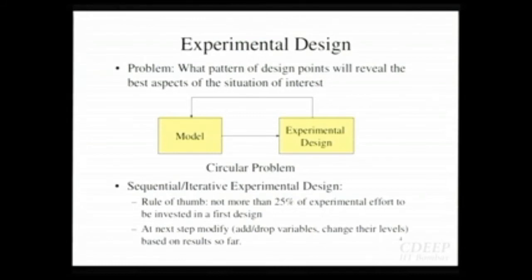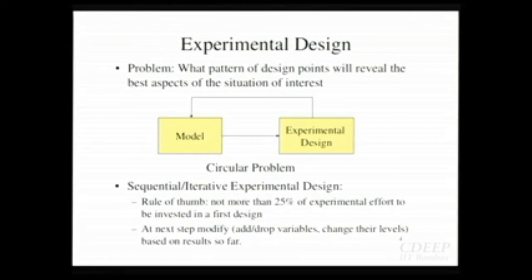So if I assume some model, I do some experiment, and based on that experimental data I fit some model, maybe I have to modify the model which I started with. I change the model, and again with that changed model I have to generate additional data and keep repeating till I converge. So it's actually a circular problem ideally.